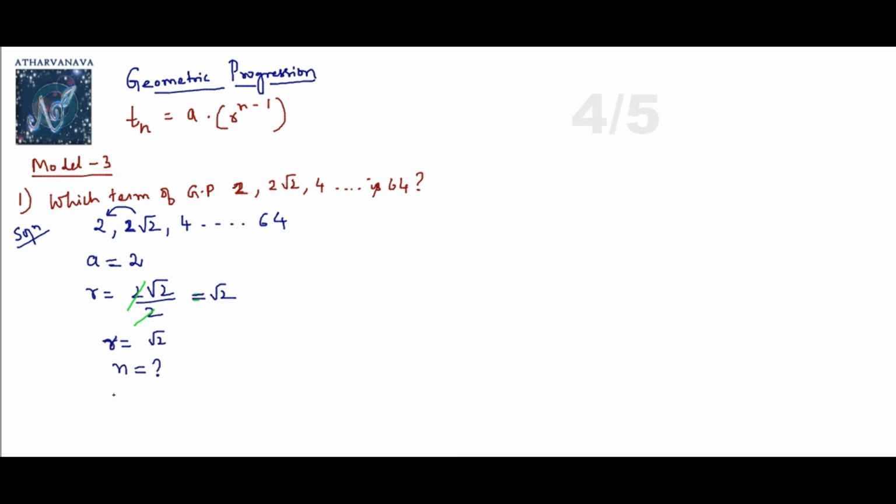Do you know n value? That's what we have to find. And Tn value is known, which is 64. We want the nth term. Don't get confused whether nth is the same as nth term. Yes, it is, because we don't know n. Till we know the n value, we can call it the nth term. Whichever term 64 belongs to is going to be my nth term, because n is what I want to find. That's the logic behind it. So let's start solving.